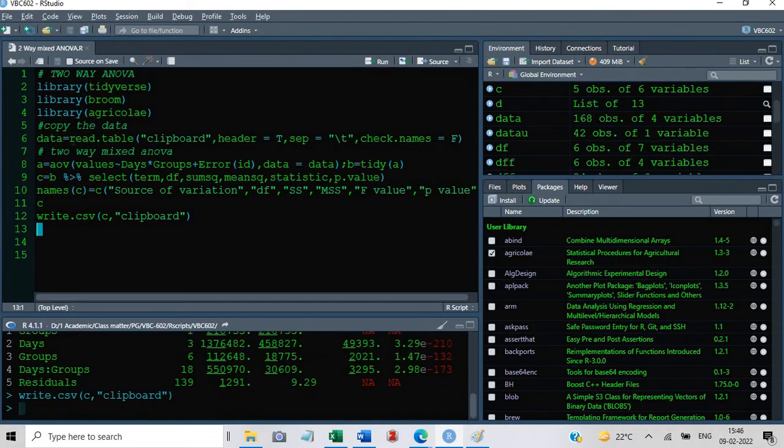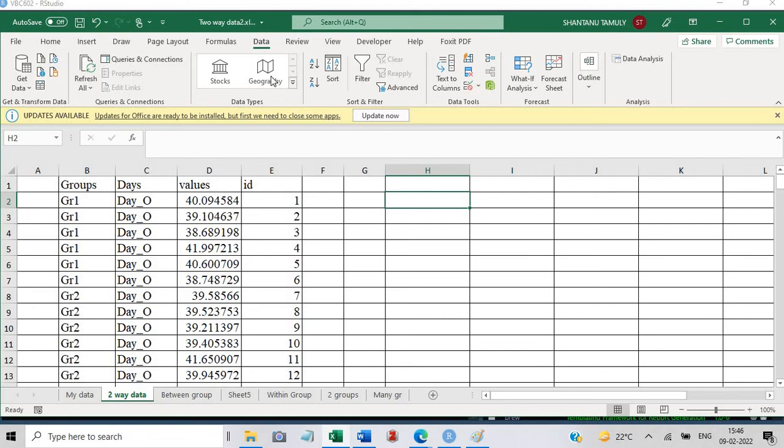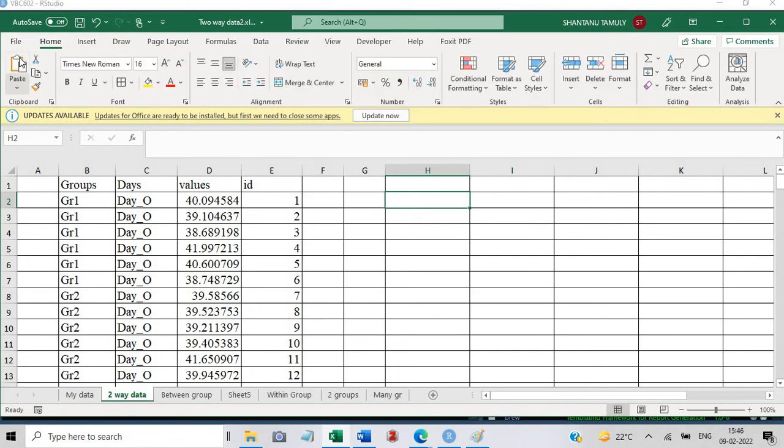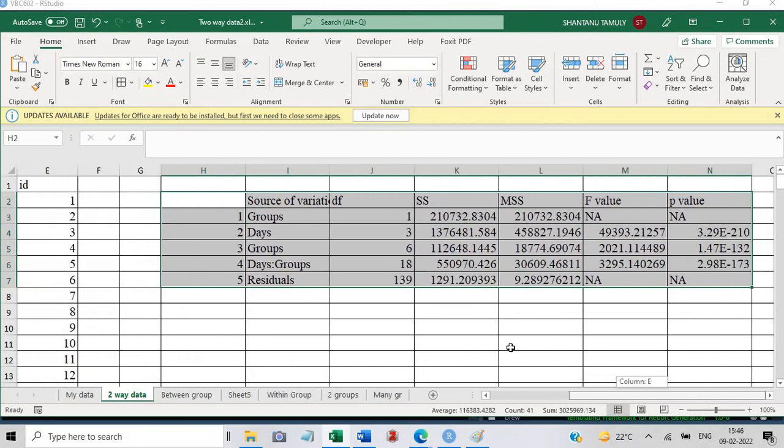After finishing the run, come back to the Excel. Here you simply paste it, so it gets pasted here. This is the ANOVA.